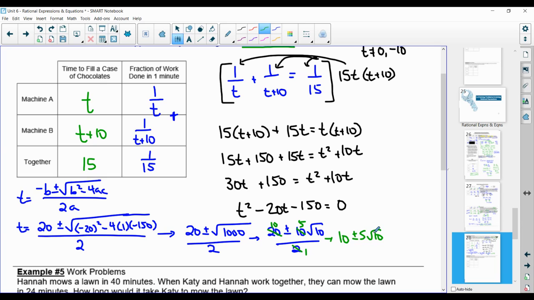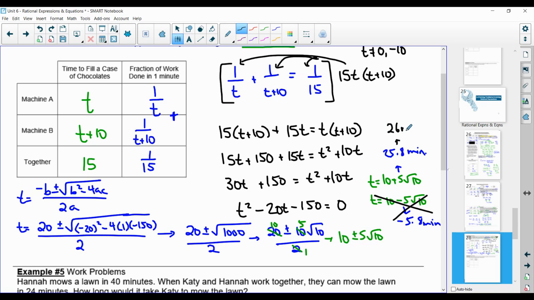And because we're being asked for a specific time, we're not going to leave these exact. We're going to actually have to multiply them out. So we know that our t value is equal to 10 plus 5 root 10, or our t value is 10 minus 5 root 10. And if we put those into our calculator and calculate them out, this one will give us 25.8 minutes or 26 minutes. And this one will give us negative 5.8 minutes. Well, we can't complete it in a negative time, so this answer is eliminated, and our answer would be